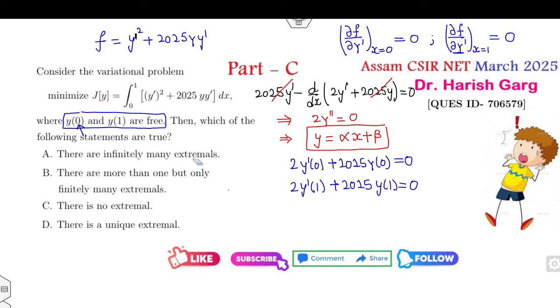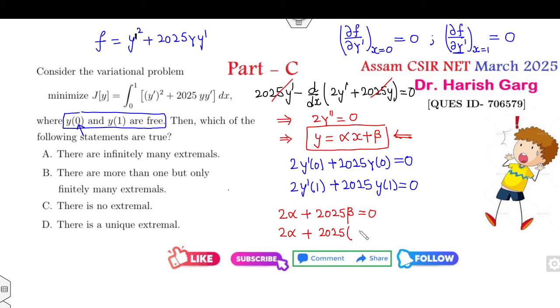Fine. Now you can substitute the values. What is y dash of 0? From this case, y of 0 is my beta, y dash of 0 is alpha, so it is twice alpha plus 2025 times beta. From the second equation, twice alpha